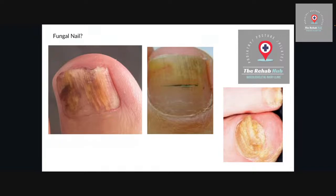And with a nail like that, that's actually a good candidate for what we do, the lacuna method in clinic, where we would drill into that fungus and treat the skin underneath. So I wouldn't go to surgery for that. I would treat that conservatively, that fungal nail, rather than taking the nail off, because there's a good likelihood that